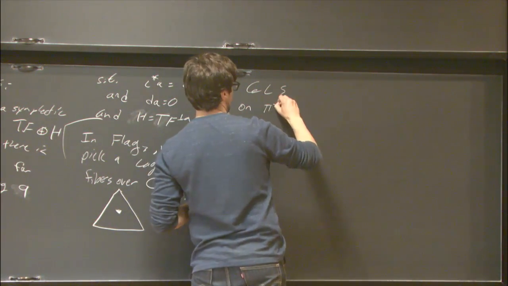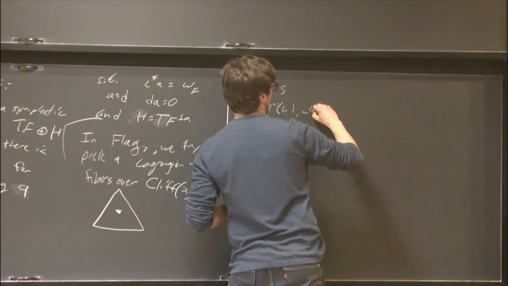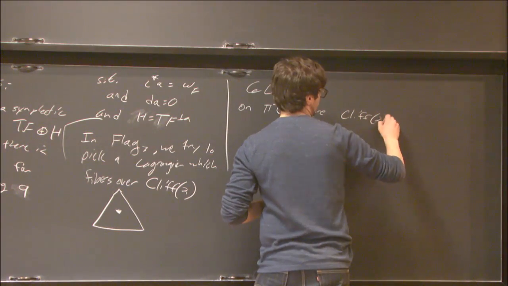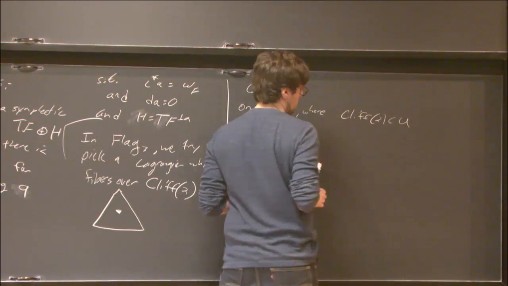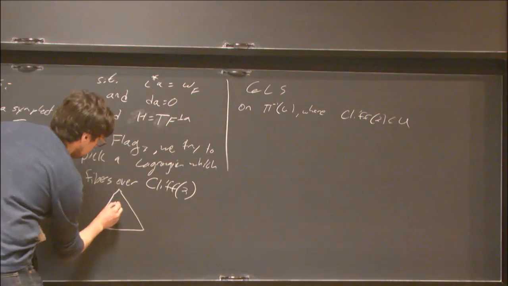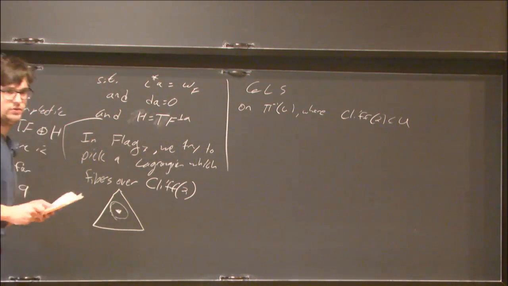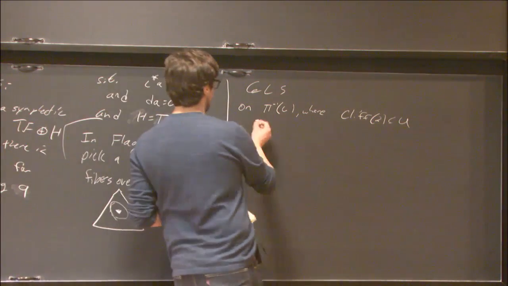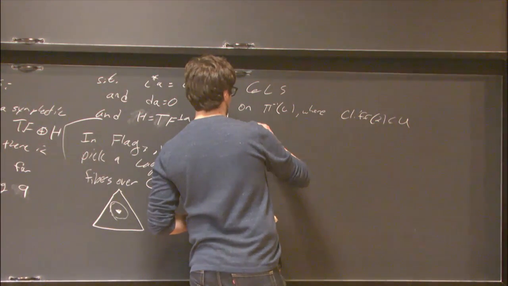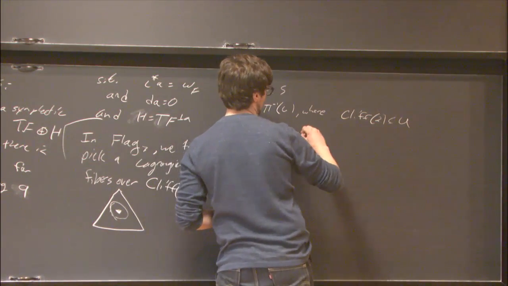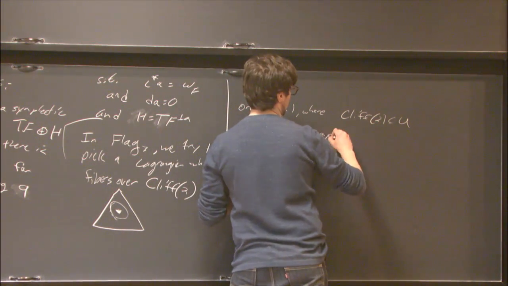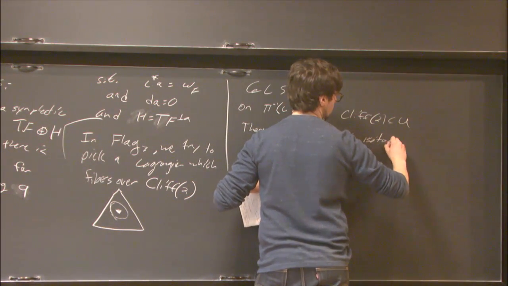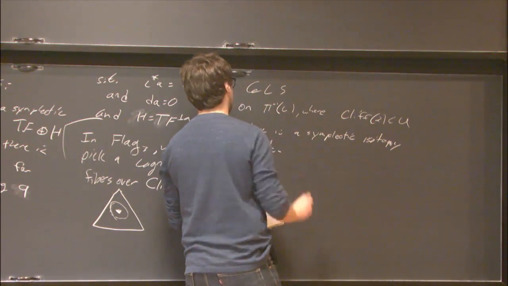So on pi inverse of U, where let's just say the Clifford torus is contained in some neighborhood U, so the U isn't going to contain any of the singular points of the toric fibration. There is a symplectic isotopy so that